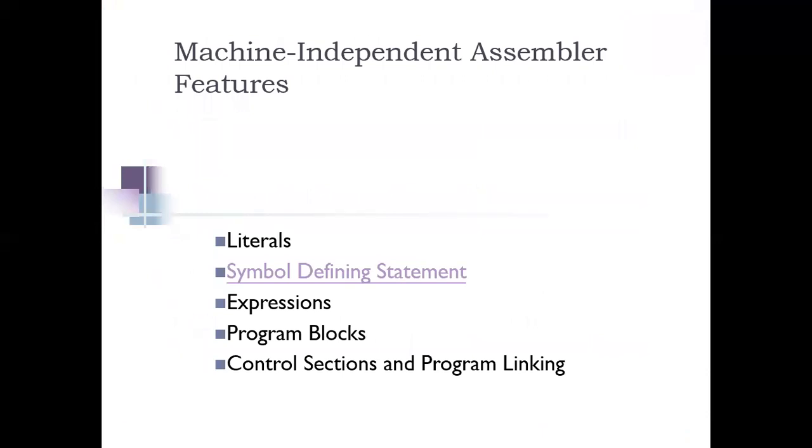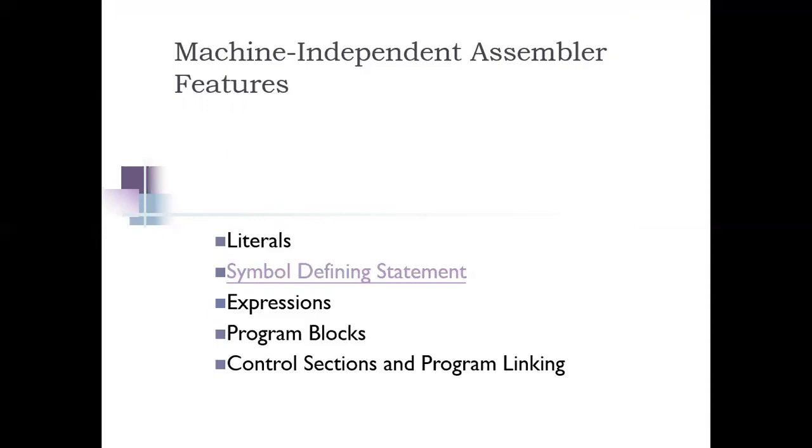Now we are going to discuss the symbol defining statements. First, I will give a brief introduction about literals again for revision. What are literals? They are the values given to constant operands, and these literals will be stored in one literal table. Whatever address is given will be generated when the LTORG assembler directive is encountered. Then the addresses of all the literals will be filled in the literal table.